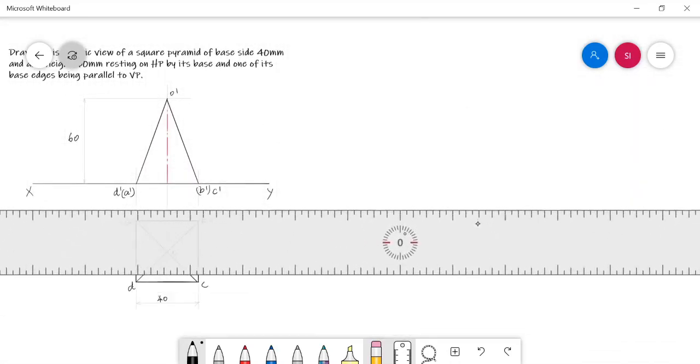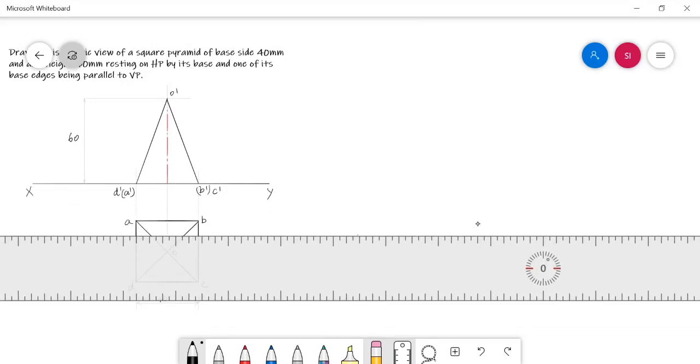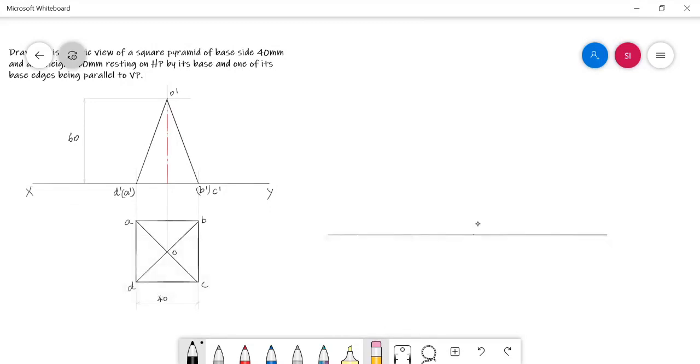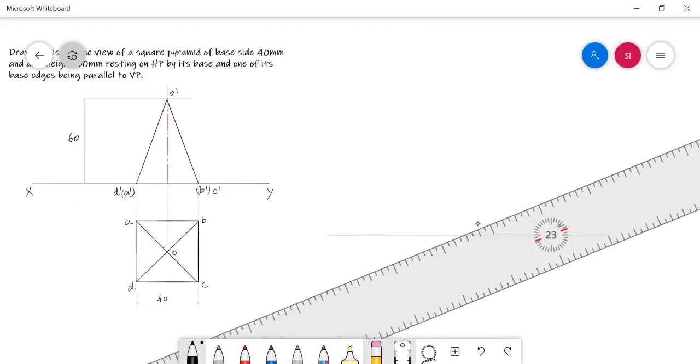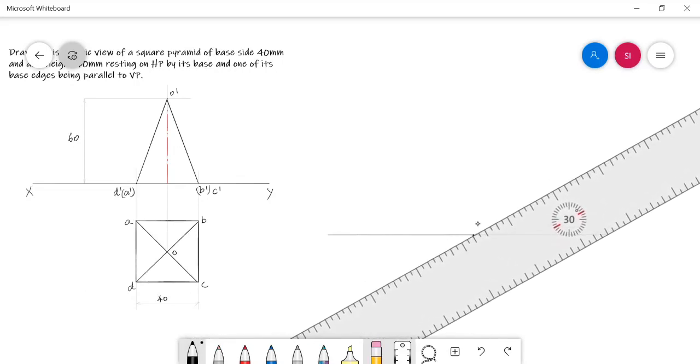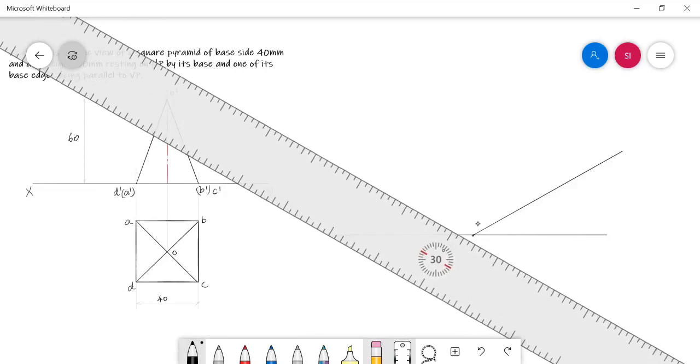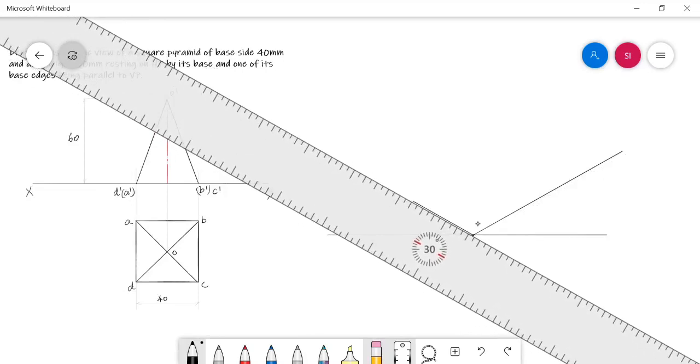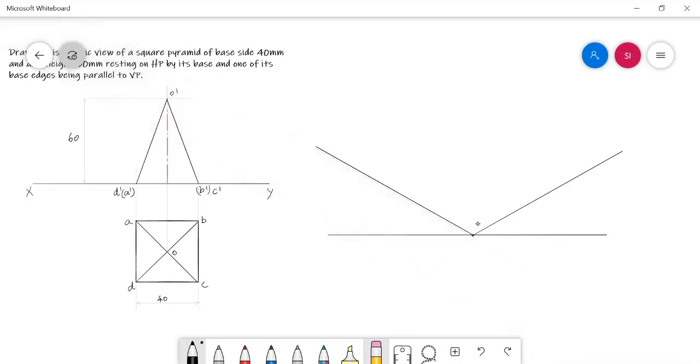First we need to draw the isometric axis: simply a horizontal line, mark the origin, and then draw two lines with a 30-degree inclination to the horizontal line, on the left hand side and right hand side, as isometric axes. And in the previous cases, in order to draw the base of the solid in the isometric view, we followed the boxing method.